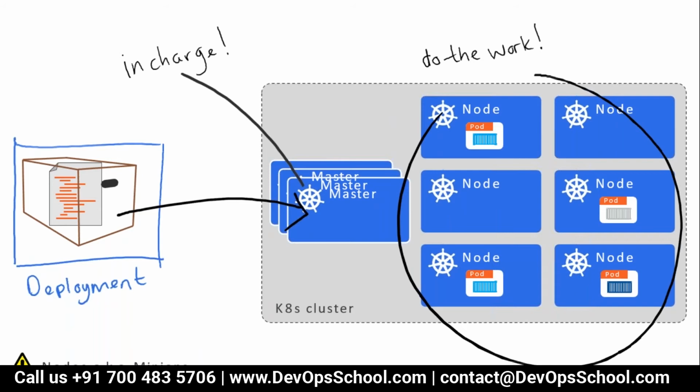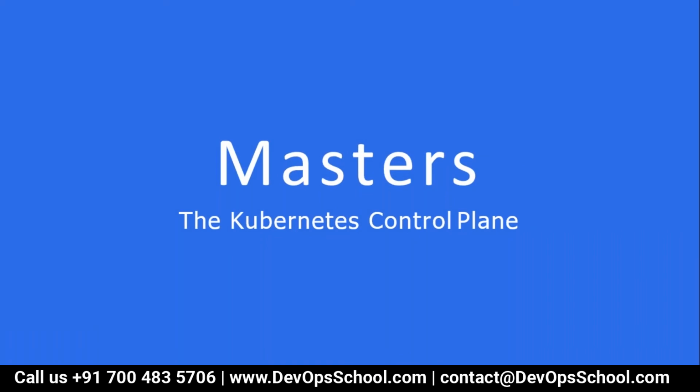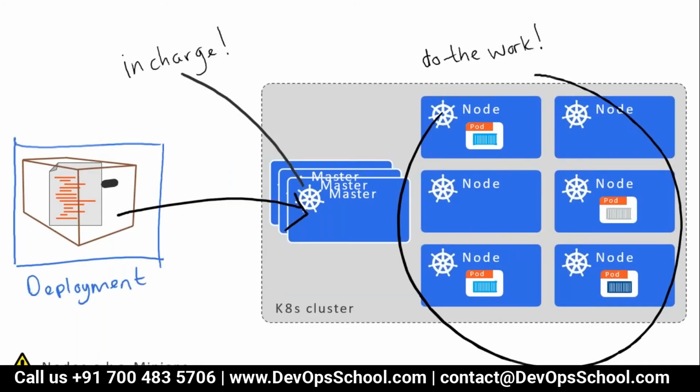So if someone asks you in Kubernetes, where is a container? You can say inside a pod. But where is a pod? Inside a node, or you can call it a worker. Okay. Now look at this image, guys. In this whole thing we have 3 components: master, node, and deployment packages. First we'll focus on knowing the master, then the node, and then the deployment packages. One by one.